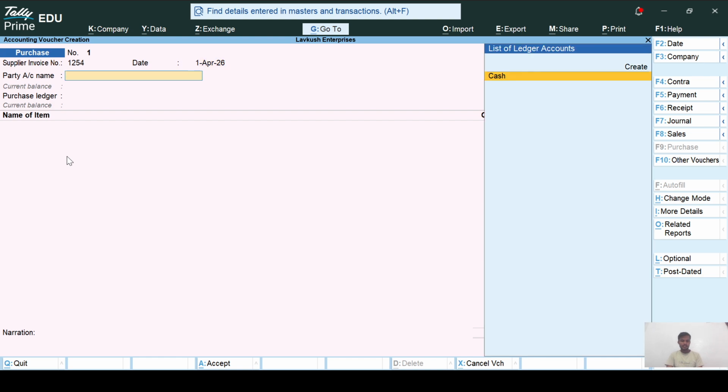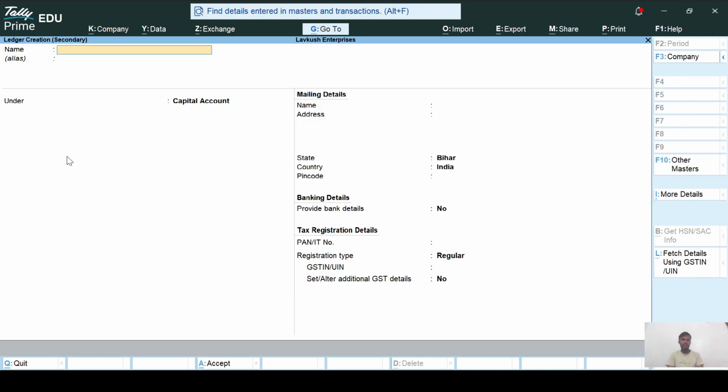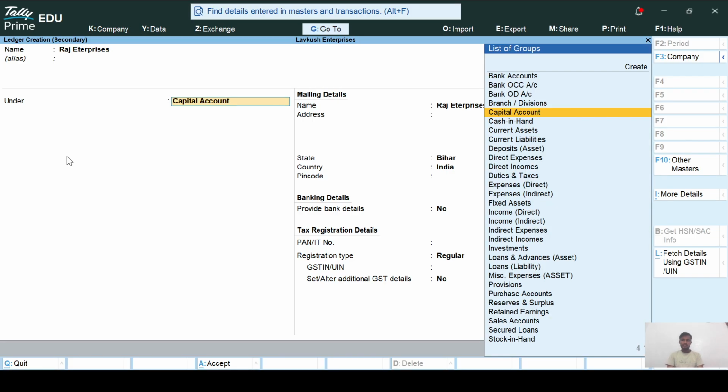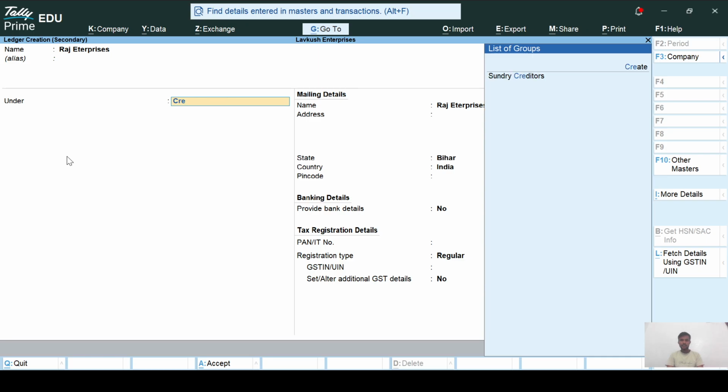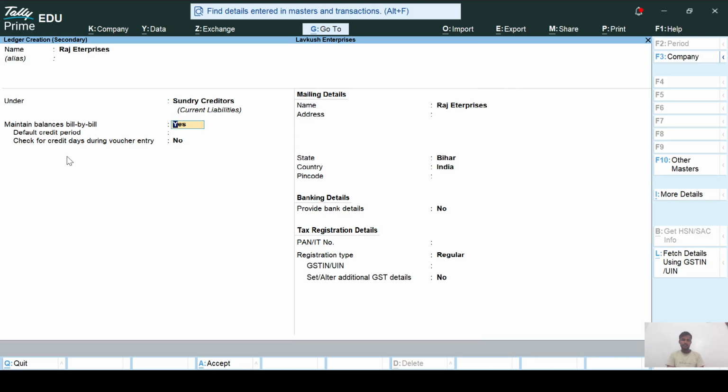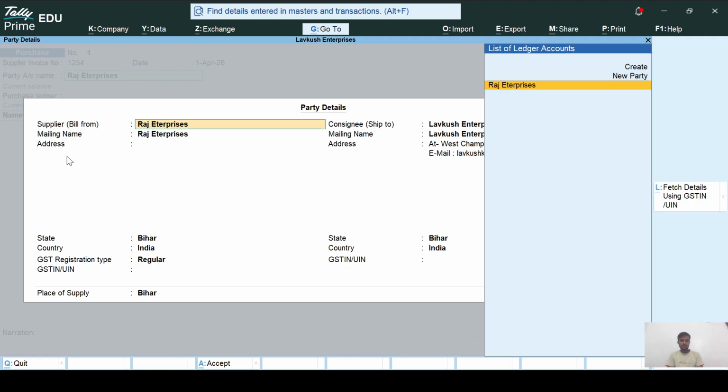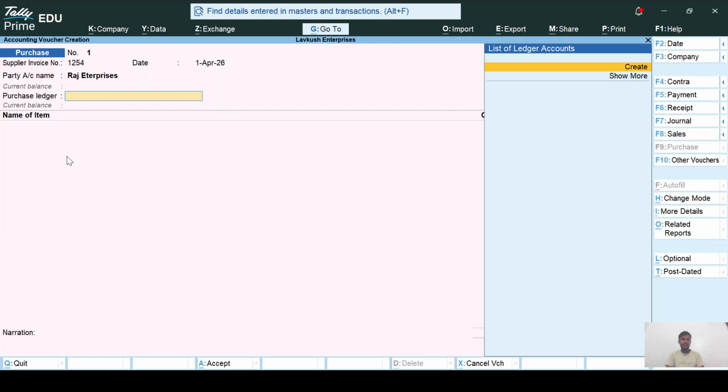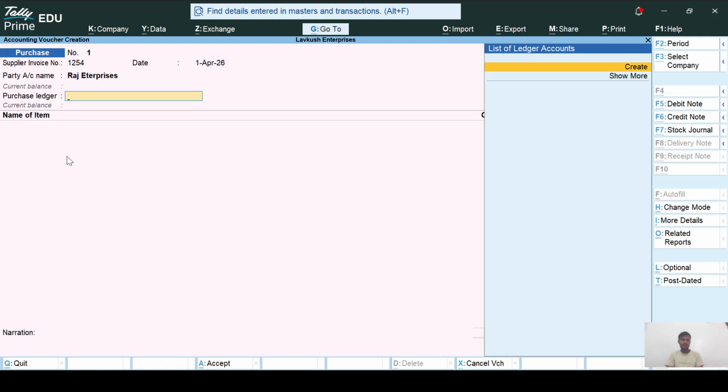Party account name, create a party account name: press Alt C and create Raj Enterprises, and under it is Sundry Creditors because I purchase goods and services from Raj Enterprises, and then press Control A, and then create a purchase ledger, then press Alt